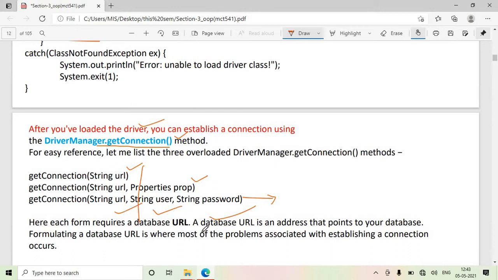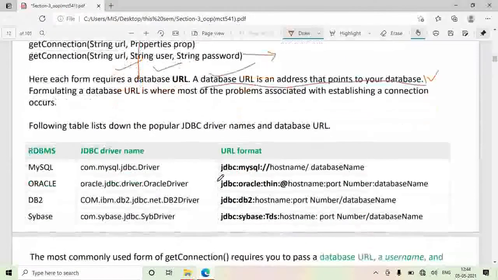So what is this URL? This URL is an address that points to your database. Where is your database? If it is in localhost, you can provide that localhost path, or wherever your database is, you can provide that database path, the username and password, so that your Java code can communicate with your database. So this is DriverManager.getConnection.